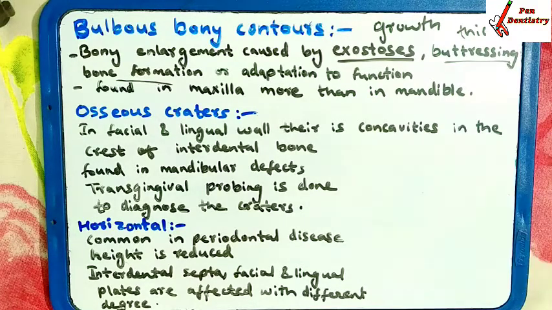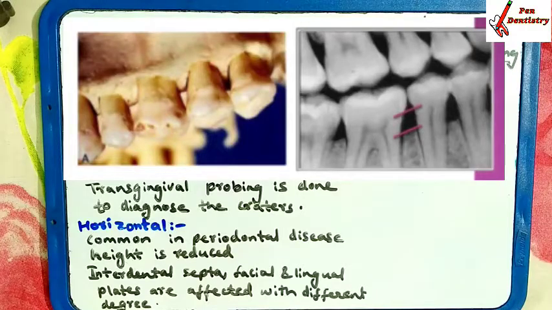Now the third one is horizontal bone loss. It is most common in periodontal diseases. When a person is suffering from periodontal disease, at that time you are going to see the most common bone loss, that is horizontal bone loss. The height is reduced here. The height of the bone is reduced and the interdental septa, facial and lingual plates are mostly affected, and with different